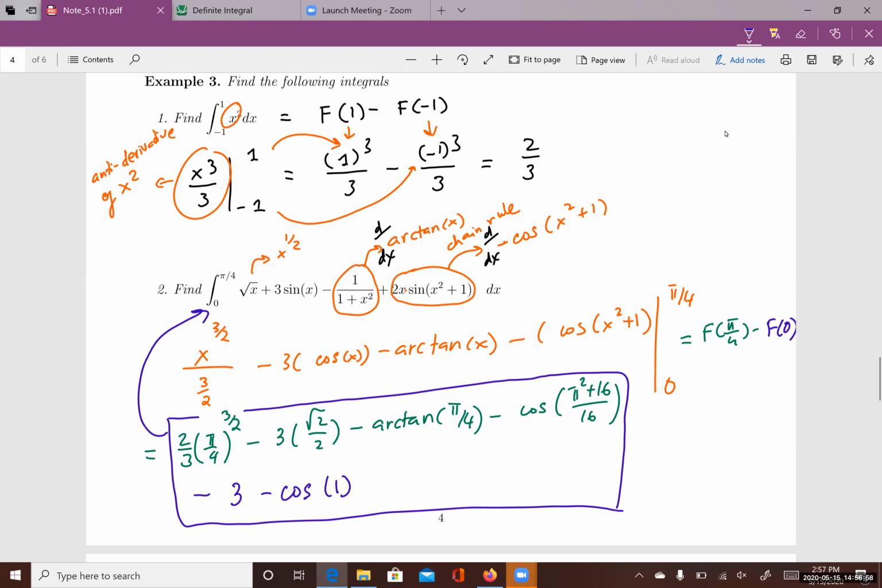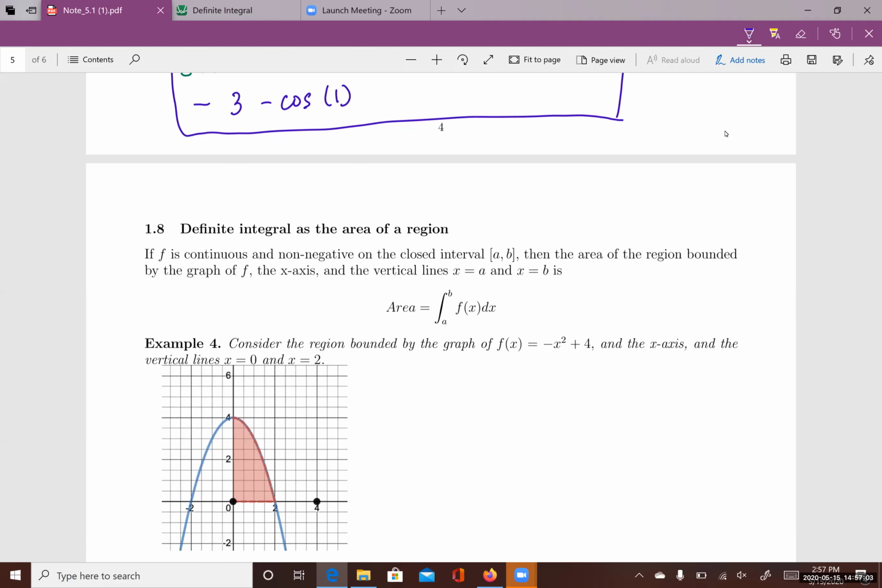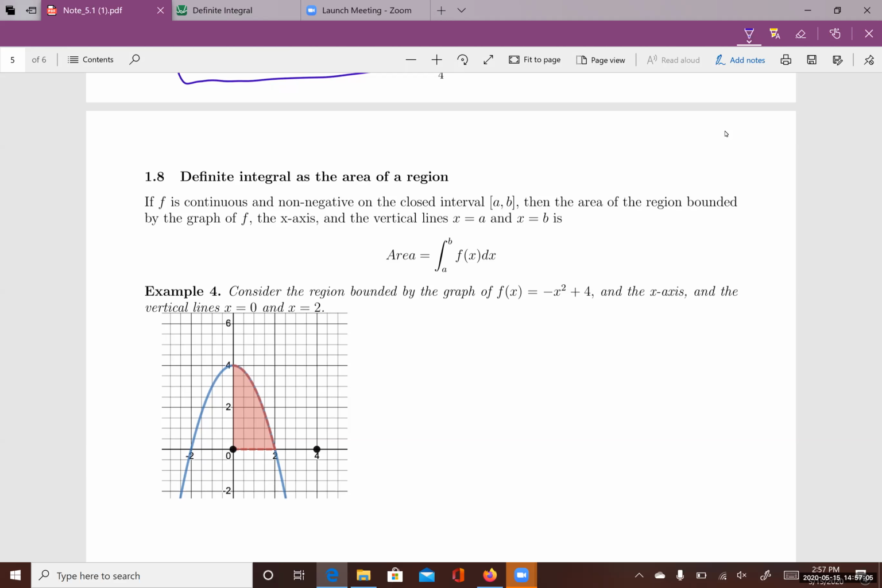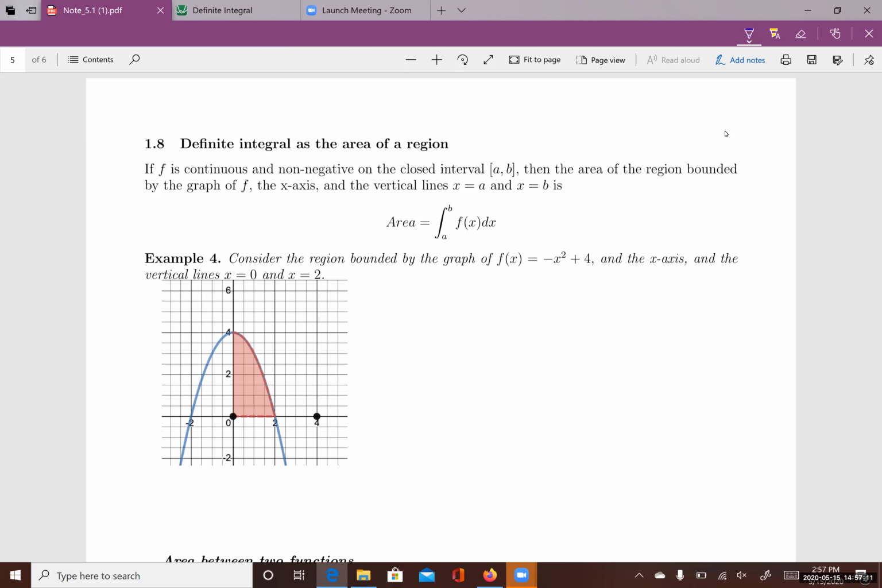All right, and there are applications of the definite integral. Now we can consider the definite integral as the area of regions. If you have a continuous function f of x, non-negative, so everything is above the x-axis, on a closed interval from a to b, then the area of the region bounded by the graph of f, the x-axis, and the vertical lines x equals a, x equals b, is just equal to the definite integral of the function f of x